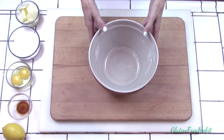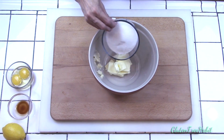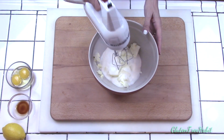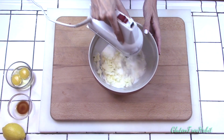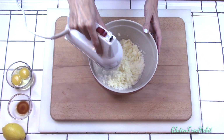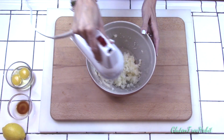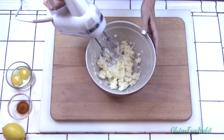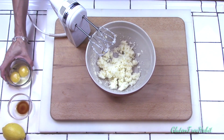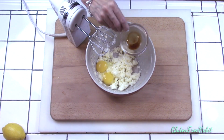To a large mixing bowl, add in your softened butter and your granulated sugar. Mix that together until it's really well blended. Then add in your eggs and your egg yolks, your vanilla,